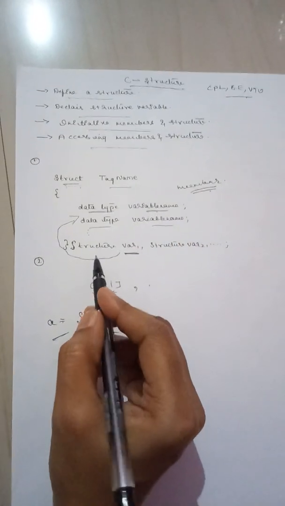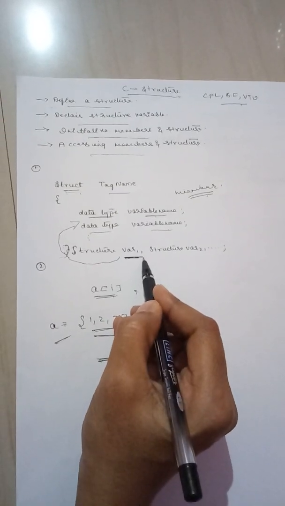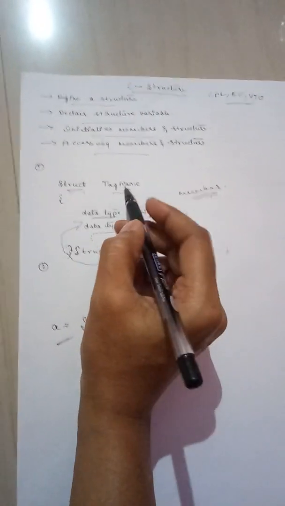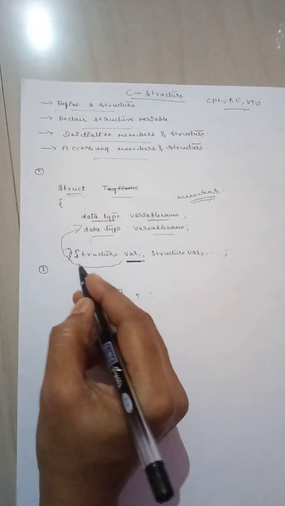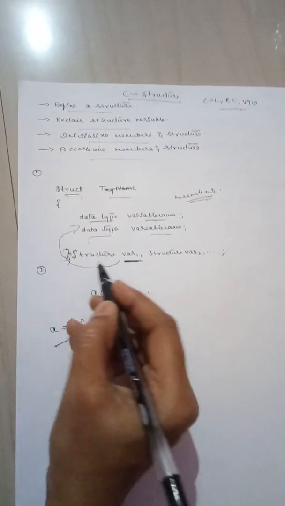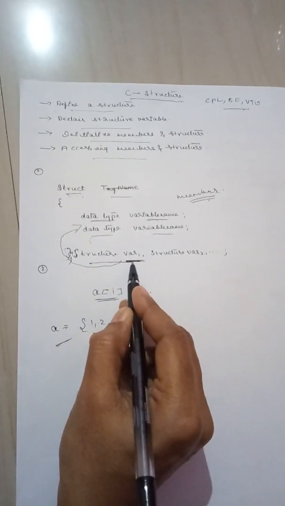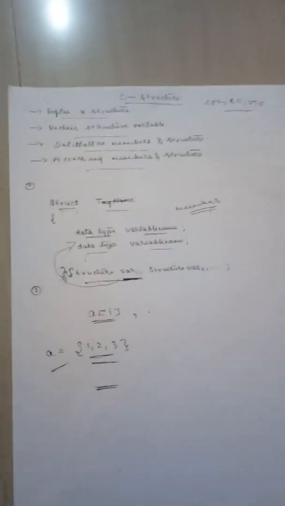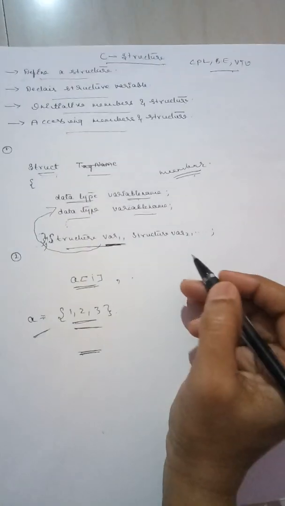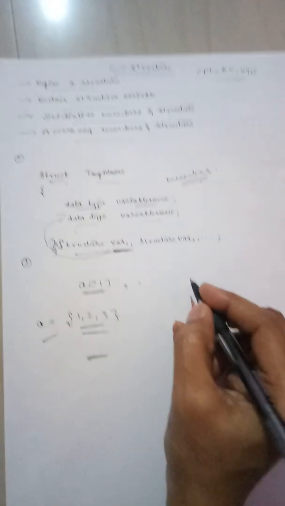Okay, we have to declare them. This is the defining part and this is the declaration part. If we do not use a tag name here, then we can put a semicolon here, and then define the structure variables. Okay, then let us see the program for the student data,